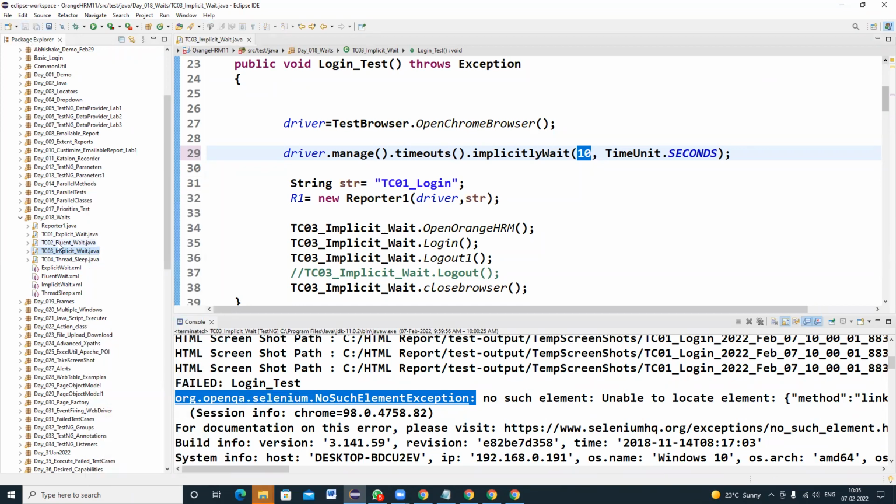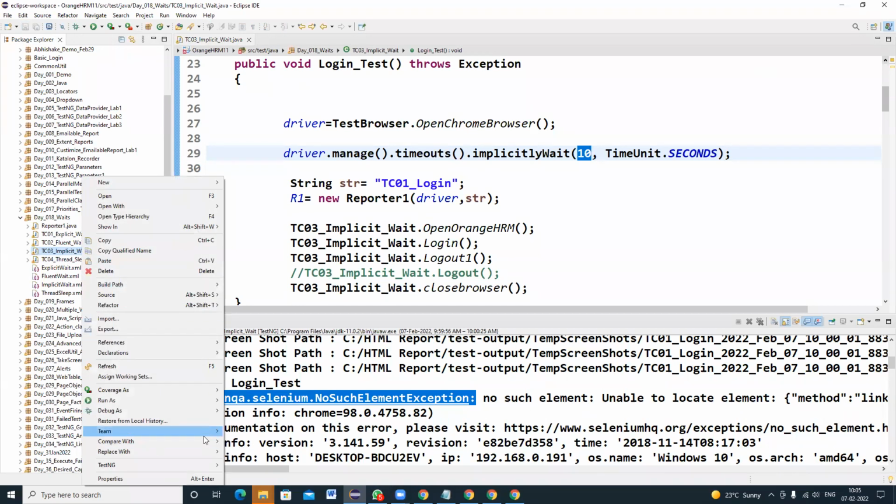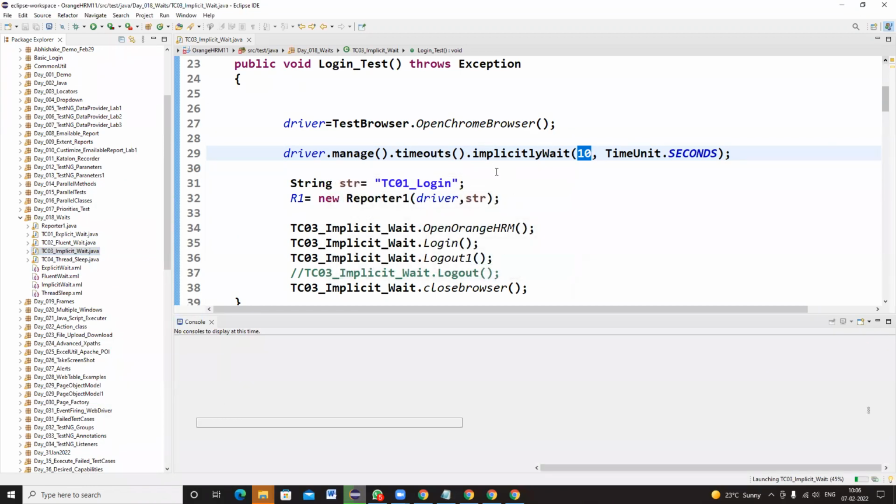This time the driver will wait for 10 seconds. Waiting for 10 seconds does not mean it waits the complete 10 seconds. In case the web element loads in 3 seconds, the next moment, in the 4th second itself, the driver can perform the click operation. So I'm telling my driver, at most you can wait up to 10 seconds. That does not mean it always waits the full 10 seconds. The moment the web element has loaded within the implicit time, the driver will handle it automatically.